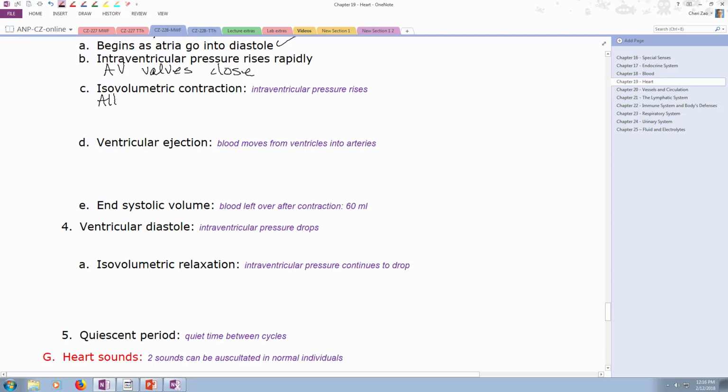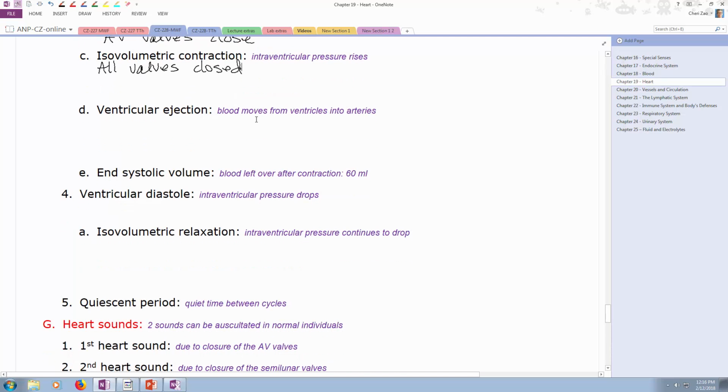So all valves closed. Because if you didn't have all the valves closed, you would get blood to flow out whenever the pressure got higher in that chamber versus the other area that it was actually flowing to. With isovolumetric contraction, that pressure is rising because we're going to squeeze harder and harder, and then we will get ventricular ejection, and the blood will move from the ventricles into the arteries, aorta for the left, pulmonary trunk for the right. And it does so because now